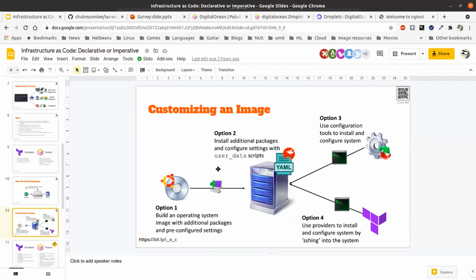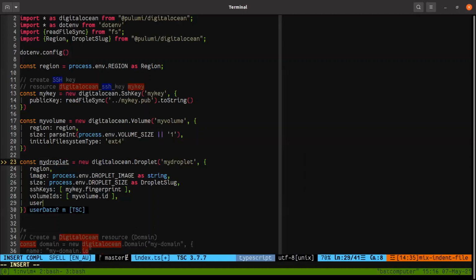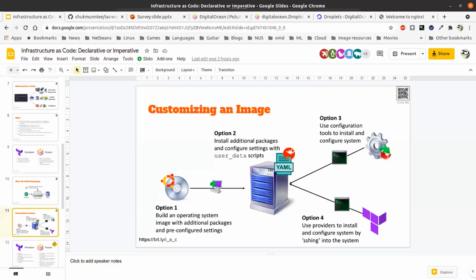So what I'll do is this: I will use user data. Okay, so I will set the user data script on the instance, and then get DigitalOcean to do the installation for me. In fact, I could actually use the same strategy on Terraform just now. I just wanted to show you the provisioners. Okay. So the way we work is like this. We use user data here. Okay. So user data basically accepts a script, any bash script. Okay. However, user data also accepts something called cloud-init file format.